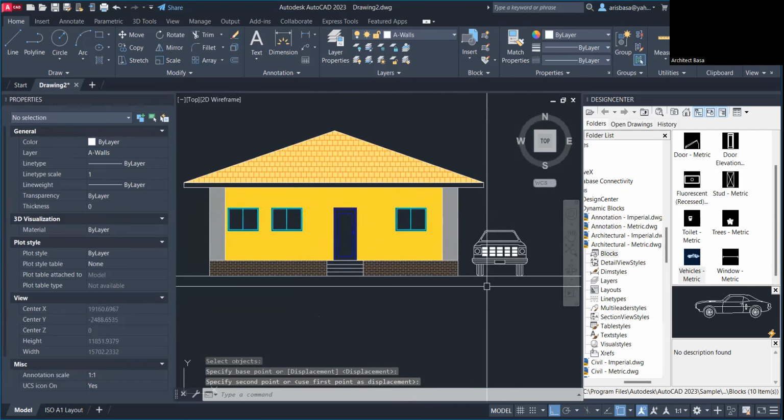Do I have a tree? I have a tree also. Let's bring in a tree. Let's click on the tree and check on the view. It should have a front view as well. So let's have a palm in elevation. This is how it looks. Okay, let's copy the palm